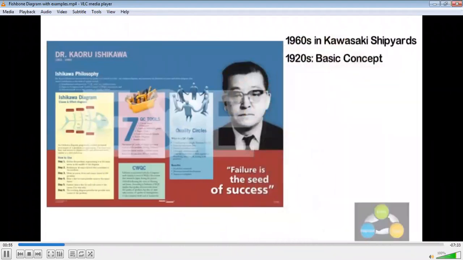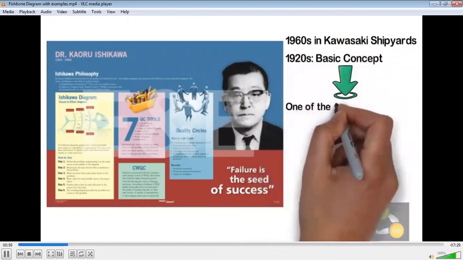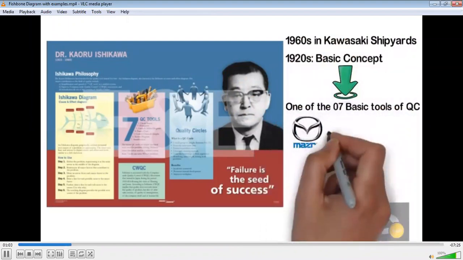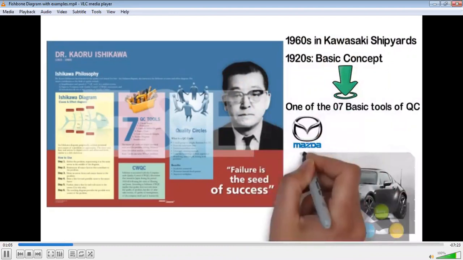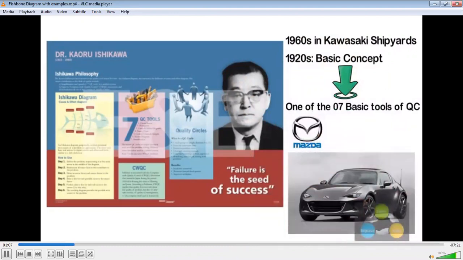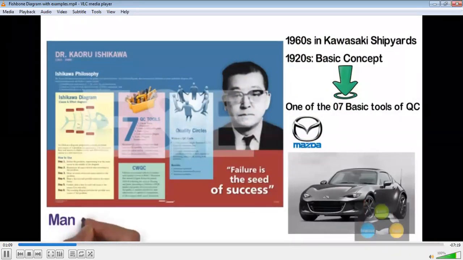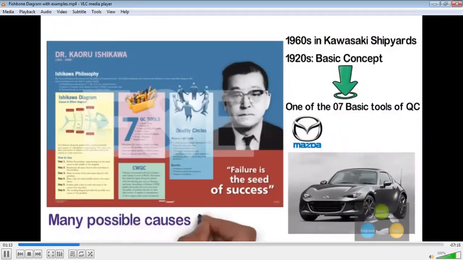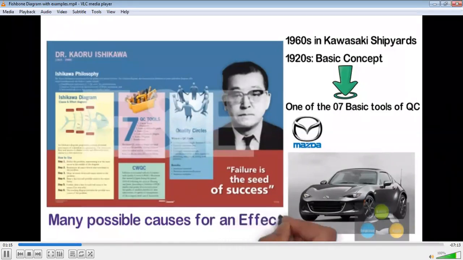The basic concept was first used in 1920s and is considered one of the 7 basic tools of quality control. Mazda Motors famously used an Ishikawa diagram in the development of the Miata MX-5 sports car. The fishbone diagram identifies many possible causes for an effect or problem. It can be used to structure a brainstorming session. It immediately sorts ideas into useful categories.